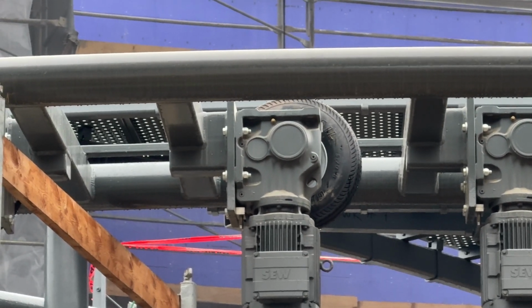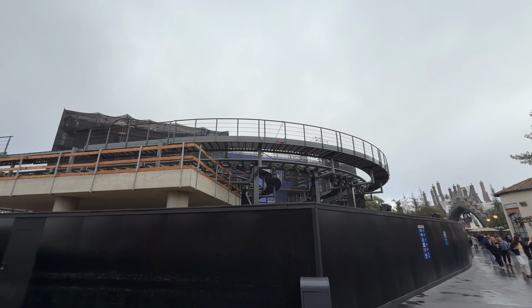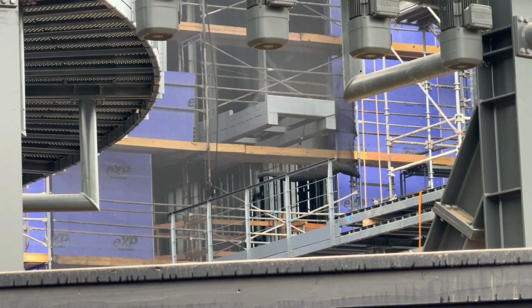It's lonely though. I feel bad for it. I hope that its friends show up very, very soon, because I'd hate to be a lonely drive tire, just sitting waiting for some friends to show up too. Zooming in a little bit here, and yeah, you can see there's still so much work that needs to be done on the interior space,